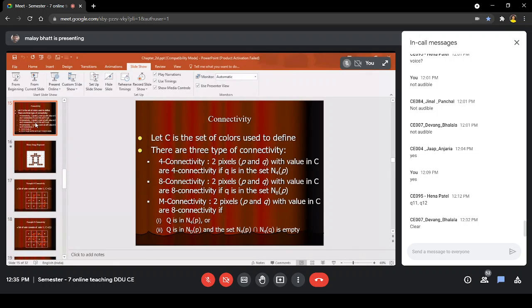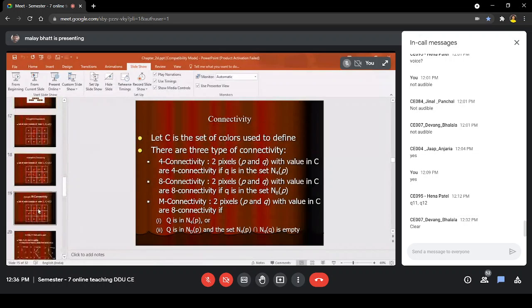Two pixels with values in C are M connected if Q is in the 4 neighborhood of P, directly. Or if Q is in the diagonal neighborhood of P and the intersection of the 4 neighborhood of P and the 4 neighborhood of Q is empty, then we can say they are M connected. So now here it is the M connectivity for the given example.